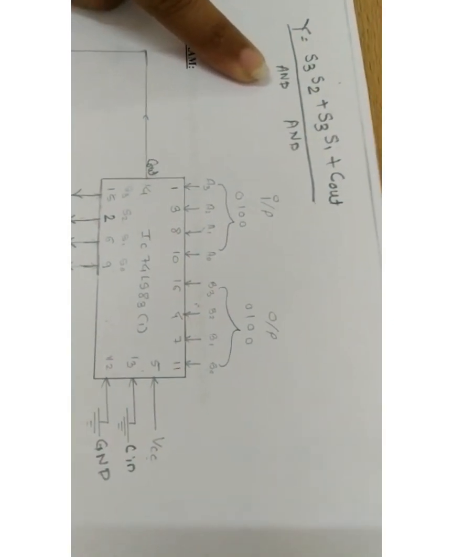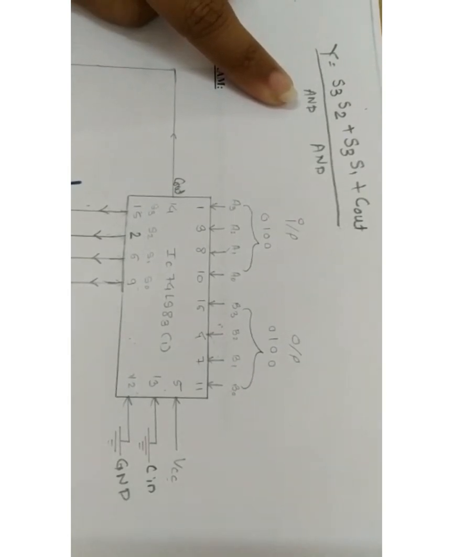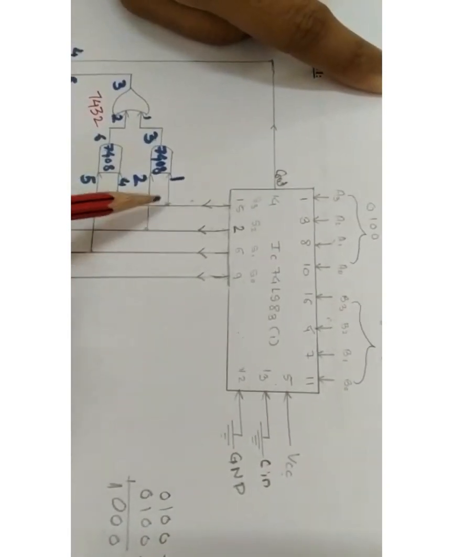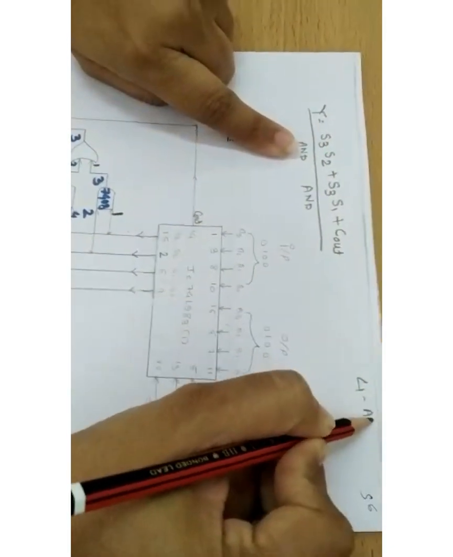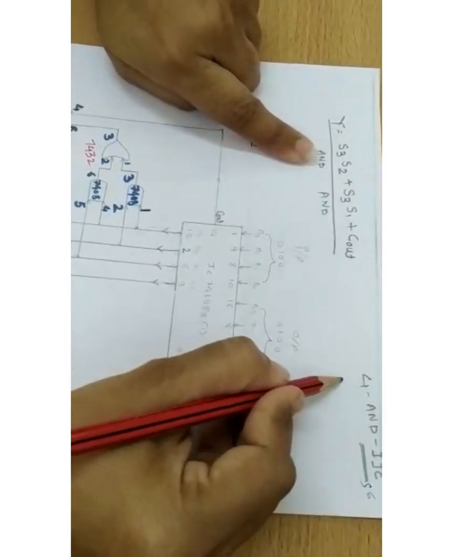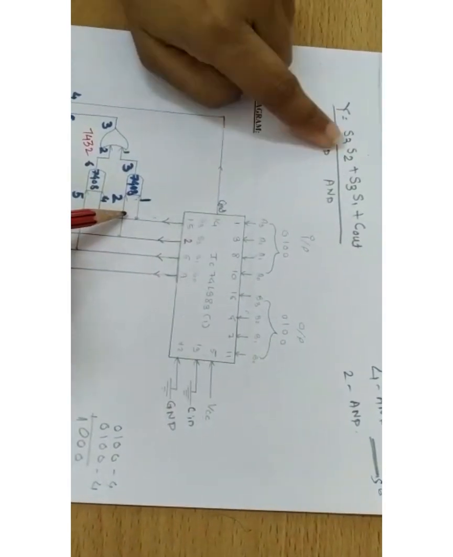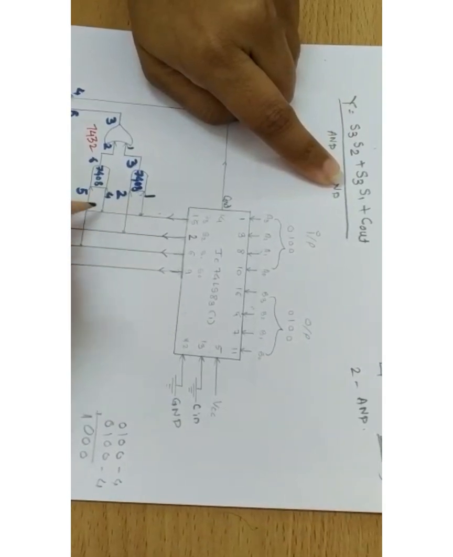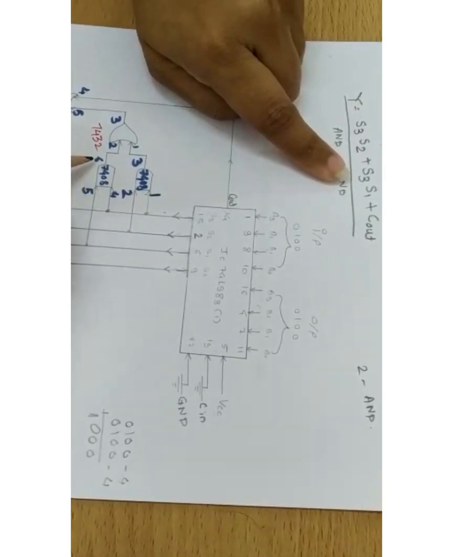So I am using one AND gate IC because in one AND gate IC you are getting 4 AND gates. Okay, so that's why I can use the one AND gate IC. So first is S3 S2, these are connected with one AND gate. Okay, so 4 AND gates are there in one IC. Here I am using only 2 AND gates. So 1 2 3 is connected with, so you are getting S3 S2. Next S3 S1, this one is S3 and this one is S1. So next AND gate, that is 4 5 6.